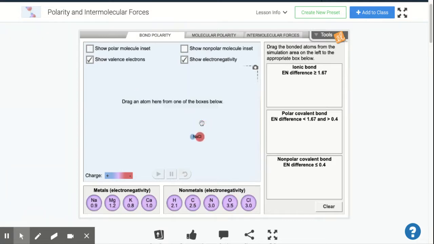So we're going to drag these bonded atoms over into the correct category. This one was ionic, so we're just going to stick that one in there. Depending on what the question's asking for, that's how you're going to be doing that. So if we have